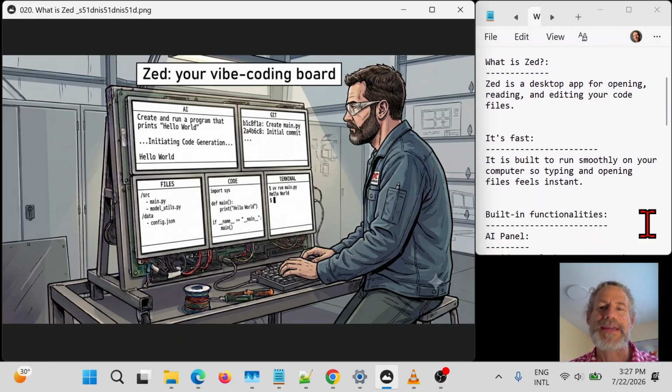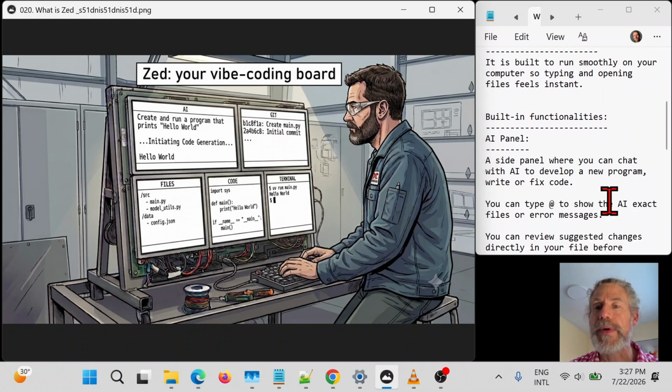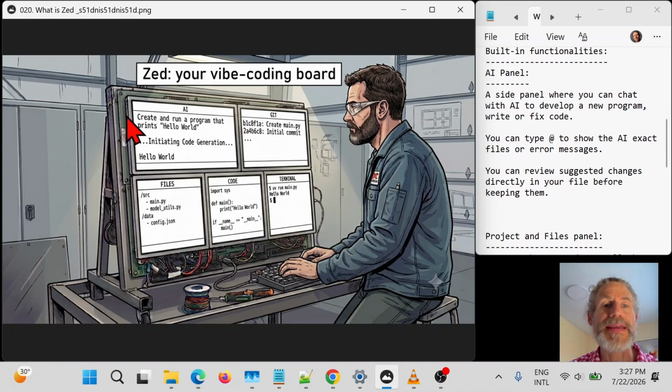So Z is like the other code editors. I like Z because it's really fast and it allows interacting with it smoothly without delay. And what makes Z interesting is that there are some built-in functionalities, some built-in screens in it, panels. So for instance, you have the AI panel here, and this